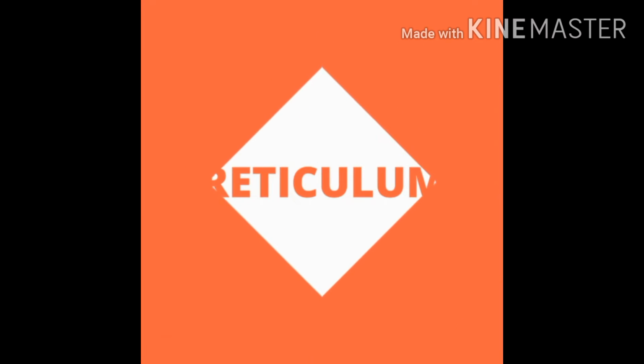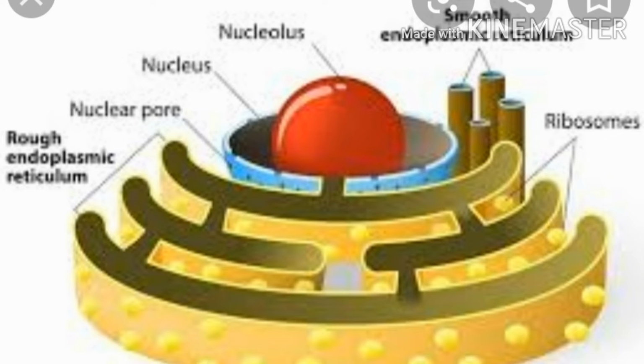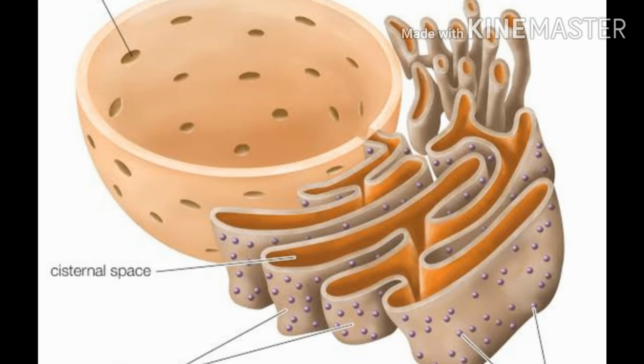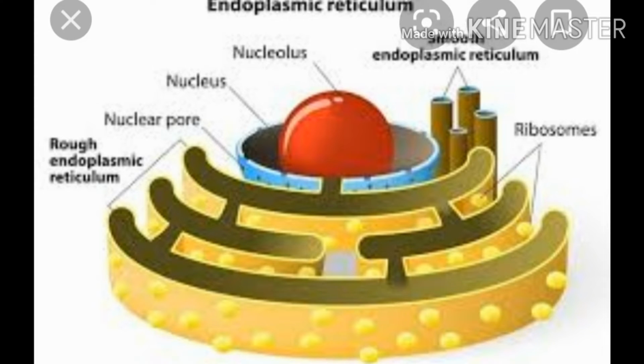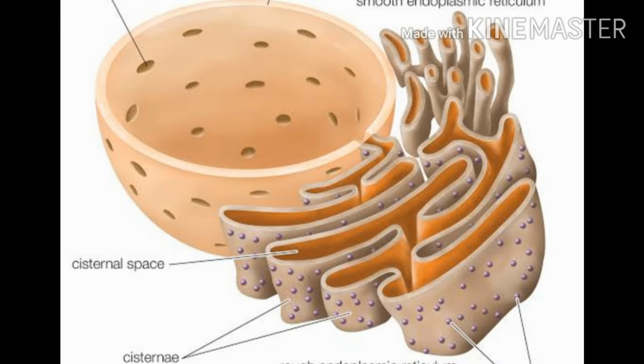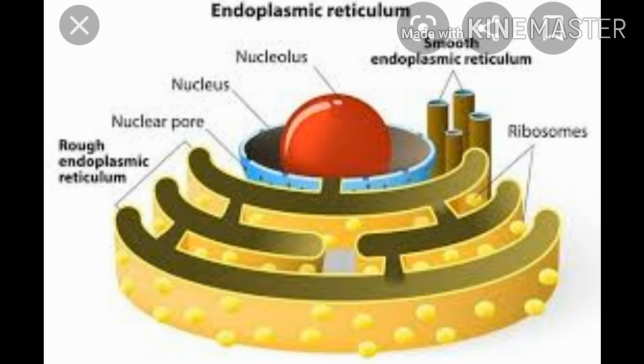First, the endoplasmic reticulum. The endoplasmic reticulum, that is ER, is a large network made up of long tubes and sheets. There are two types of ER, that is rough endoplasmic reticulum and smooth endoplasmic reticulum. Rough endoplasmic reticulum looks rough under a microscope because it has particles called ribosomes attached to its surface. The ribosomes, which are present in all active cells, are the site of protein manufacture.